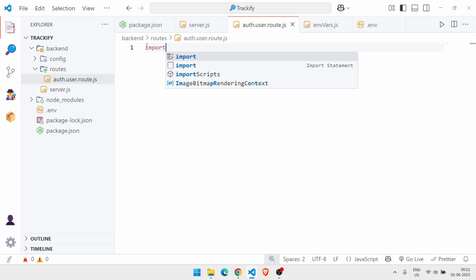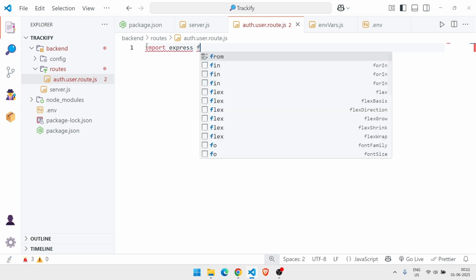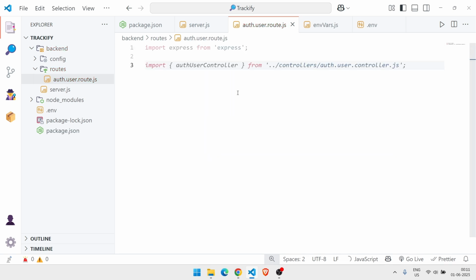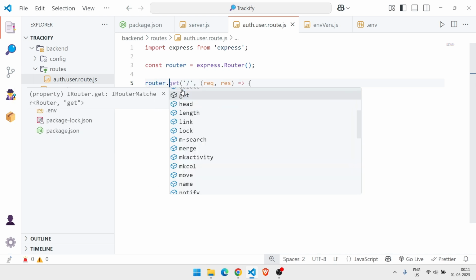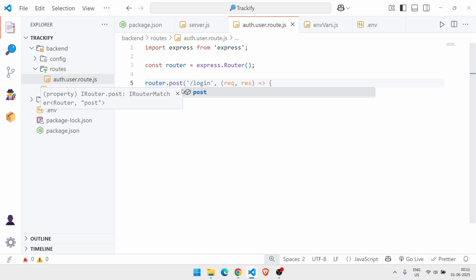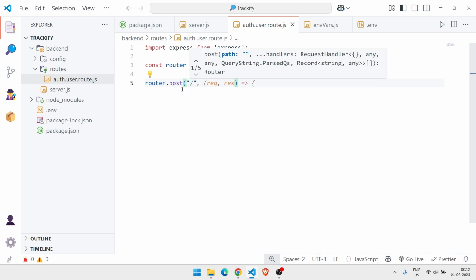So first we have to import Express from Express, and this is basically a router function in Express to use different routes. And now we have to use the router function to call a post request, because as you can see the client will be adding its details, and so we can post it in the backend, so that the values it has sent can be stored in the MongoDB. So you can use the auth and log into the dashboard or something like that. So now as you can see it is going to be a post request, and it will be a sign up